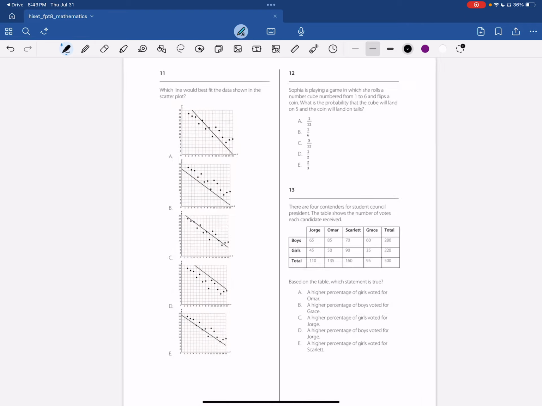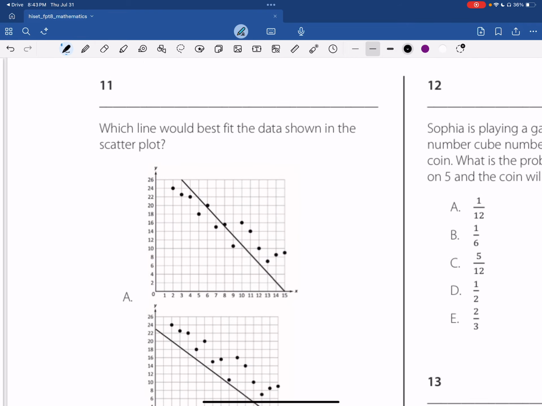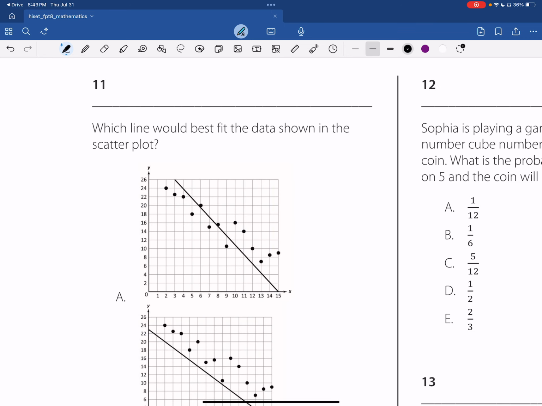Number 11. Which line would best fit the data shown in the scatter plot? So what we've done here, we've scattered these dots around on the graph. The dots represent something. I don't know what, but we've scattered them around, and we want to know which line